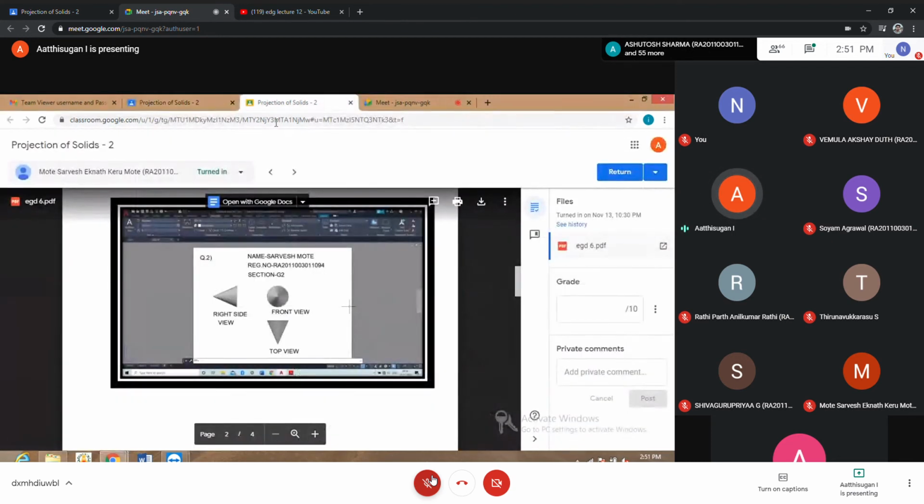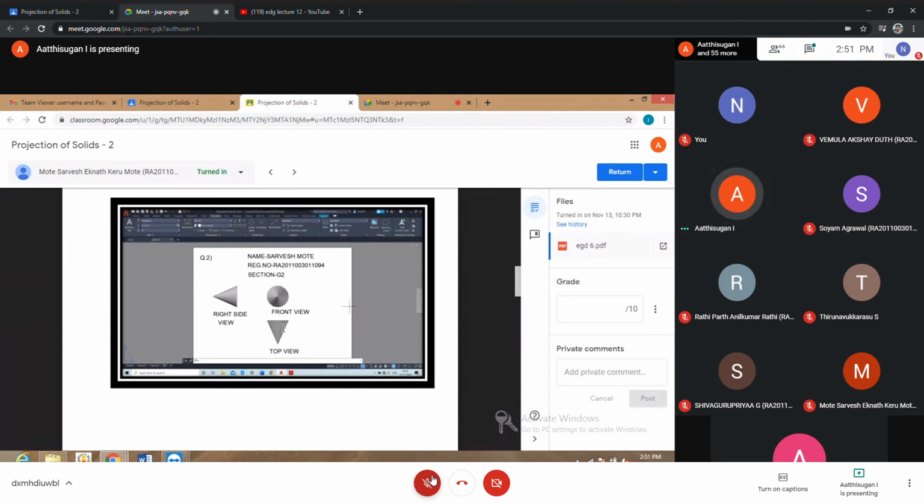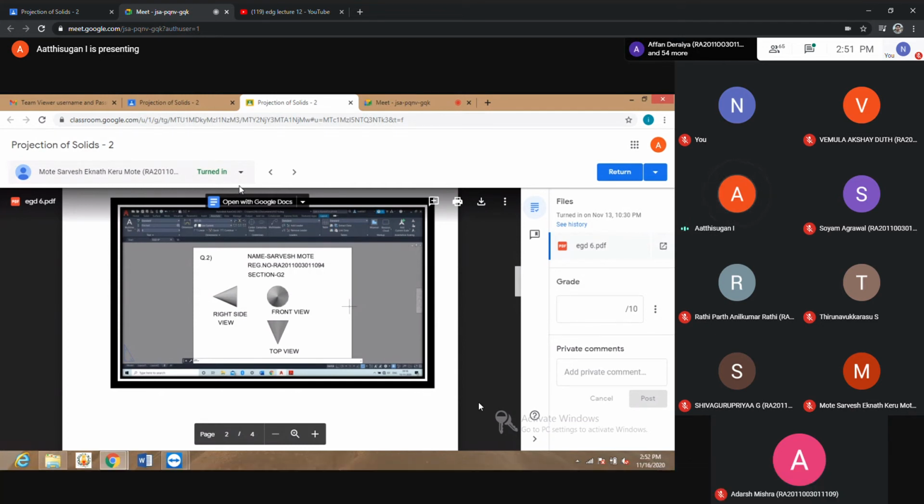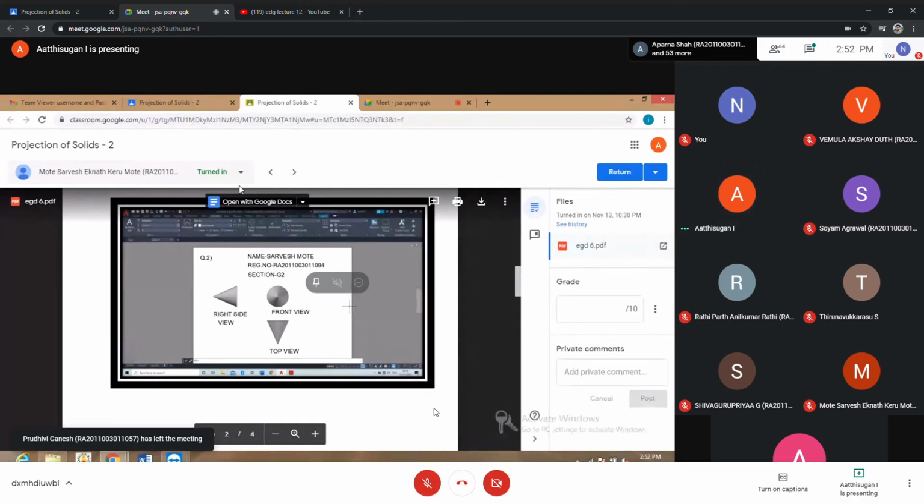Suppose if you are giving the diameter in the front view, then in the top view you can give the axis length. Or if the axis length is given here, on the right side you can give the front view diameter. So any view you can give the dimensions. Don't copy the dimension to all the views. Giving the diameter in the front view, the right side view and the top view is a wrong method, because the diameter will be equal for all the views anyway. No need to give all dimensions in all the views. Any one view, one dimension only.